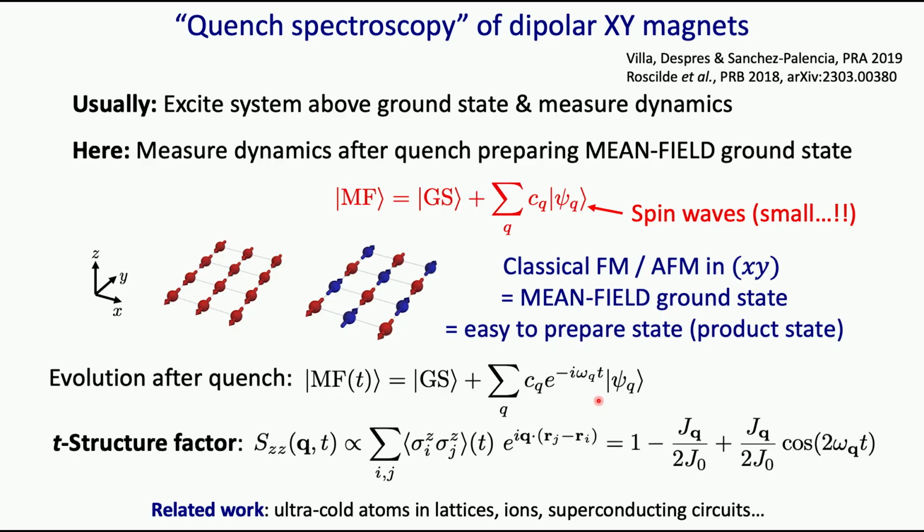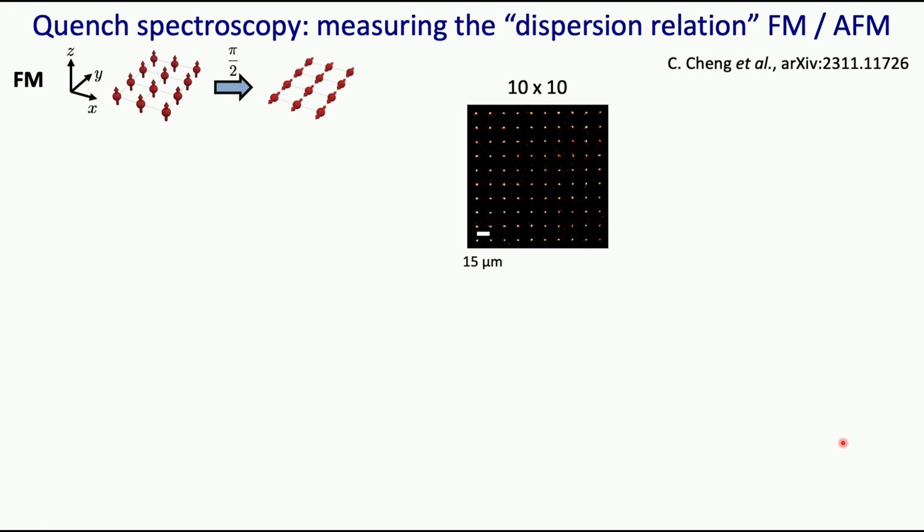Now it turns out that if you calculate what is called the time-dependent structure factor, which is not exactly the quantity that people measure in condensed matter with neutron scattering, it's a different quantity, it is essentially the Fourier transform of the ZZ correlation as a function of time. You do that, and this Fourier transform is directly related to the dispersion relation. Essentially, it will show an oscillation at twice the frequency of the spin wave you want to measure when you've got the Fourier transform. So this is the method that we're going to apply here.